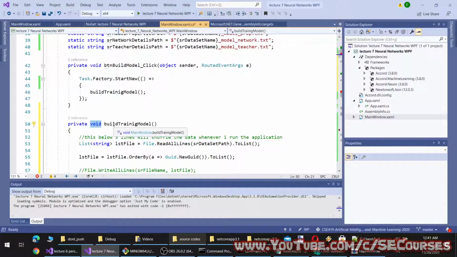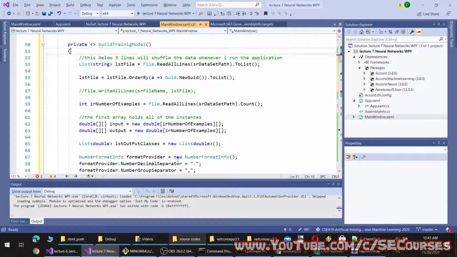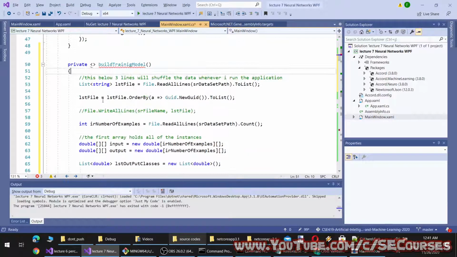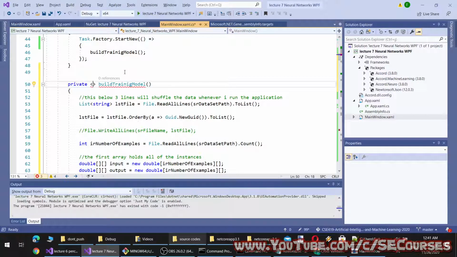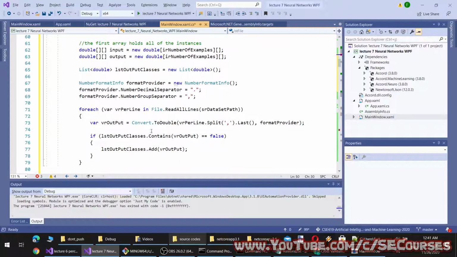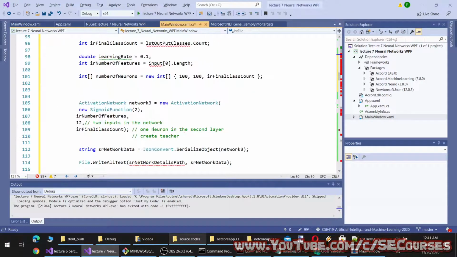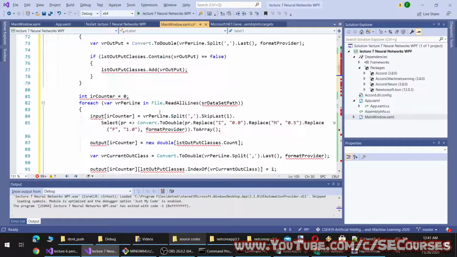So the modified method will return an accuracy as double. Let's make it as tuple. Double and a network.